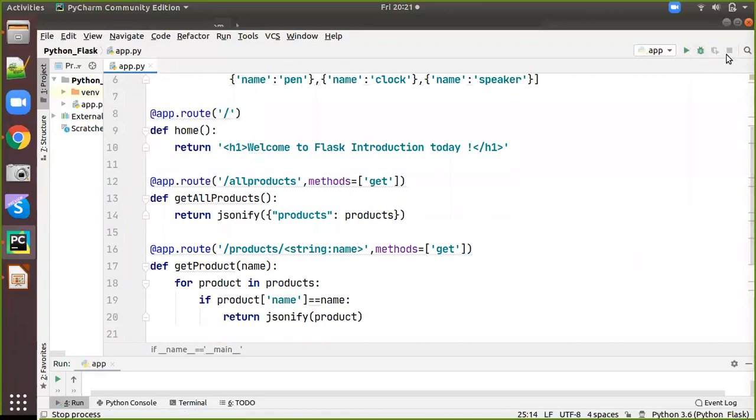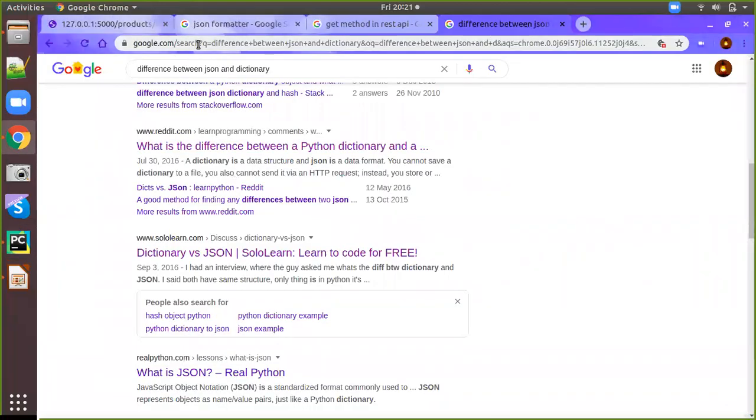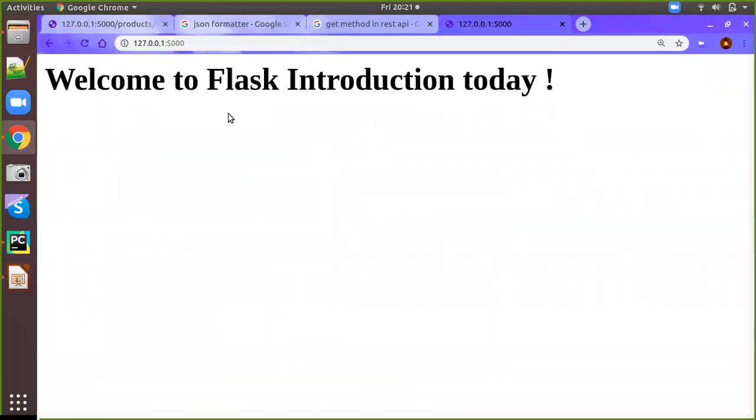I think it is already running. I will stop it and run it again. And you can see the console. So it started running. We will first go directly with the normal one. So let's copy, paste and enter. Okay, this is the first page. Now I want to get all the products. So let's say